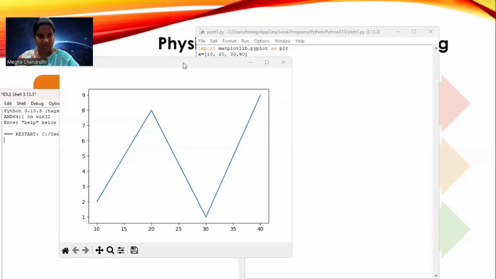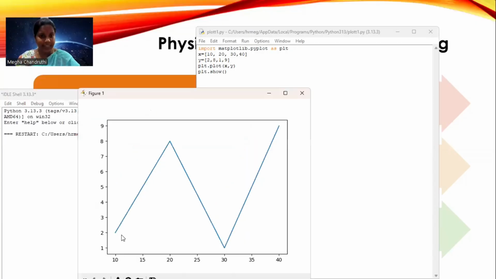Yes, you can see that 10, 2. Next 20, 8, next 30, 1, and 40, 9. So according to that, the graph has been plotted here.